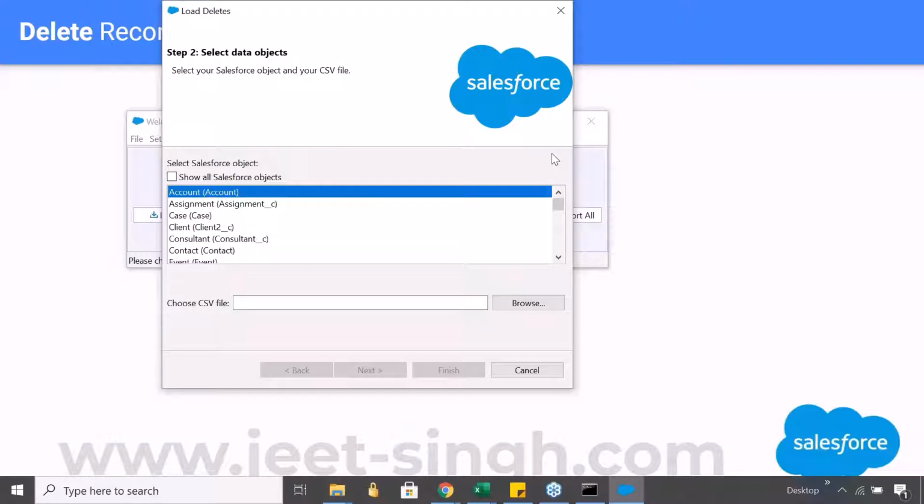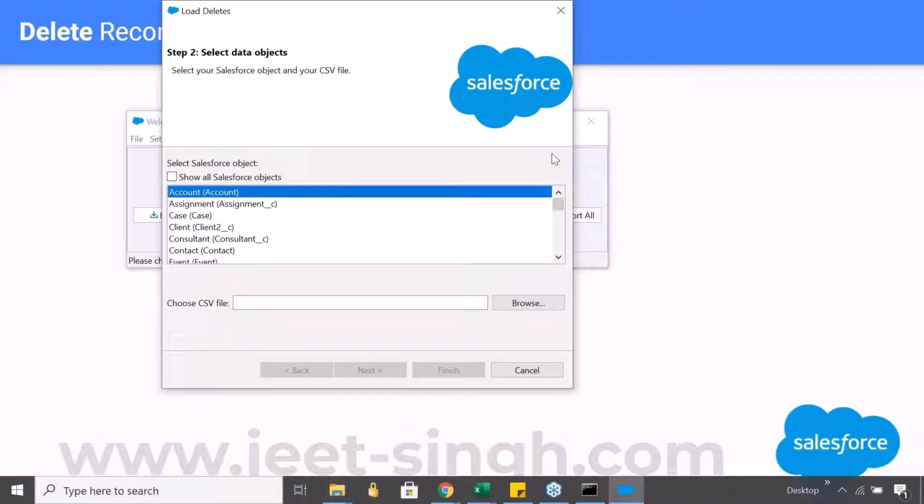Okay, and that's absolutely fine. So now if I want to use the same file which I used for update, because that also has IDs, that's also okay. Of course I can create a separate file for it with only the IDs. I would recommend whenever you're performing a delete operation, ideally, create a separate file. But I just want you to understand that it's okay if you are working with a file which has a few additional fields.